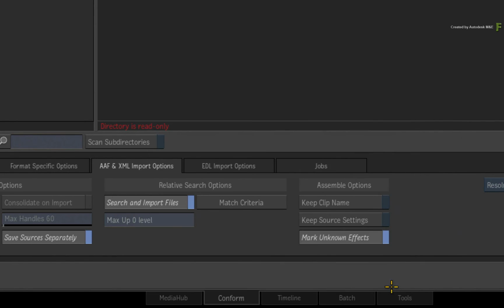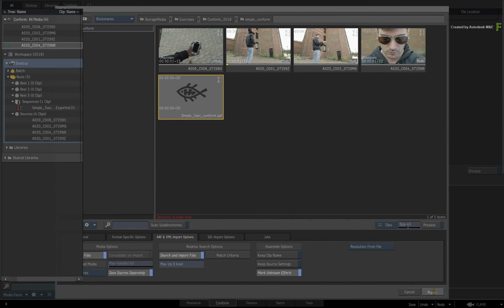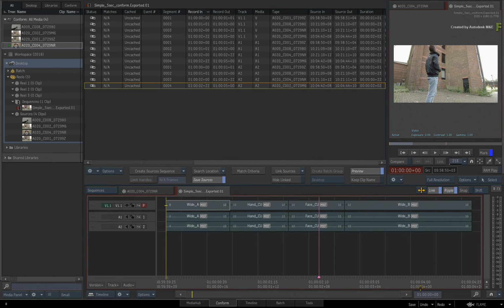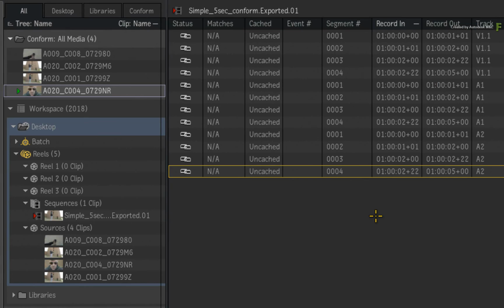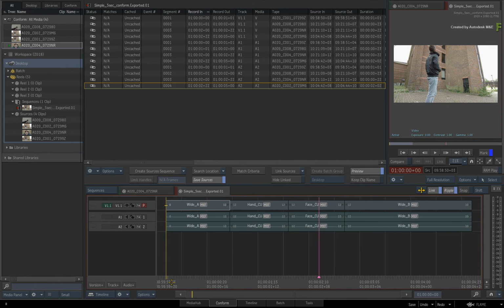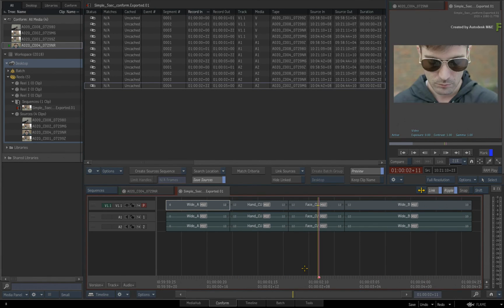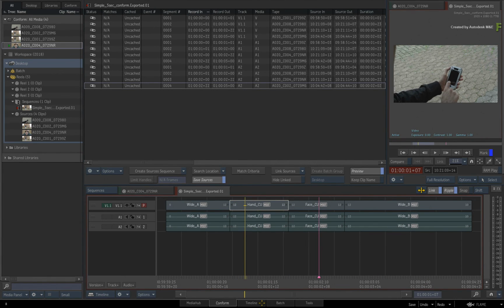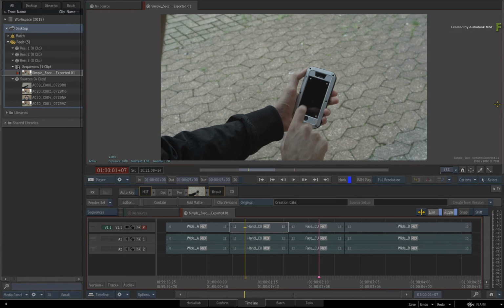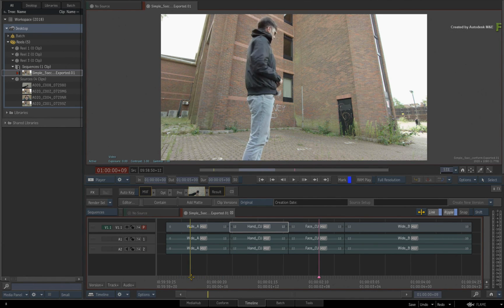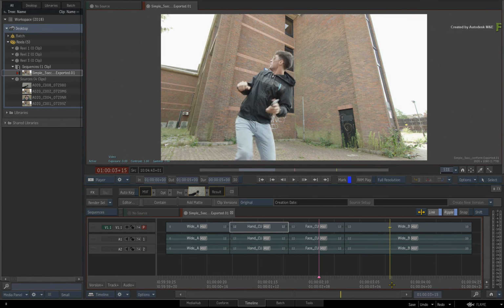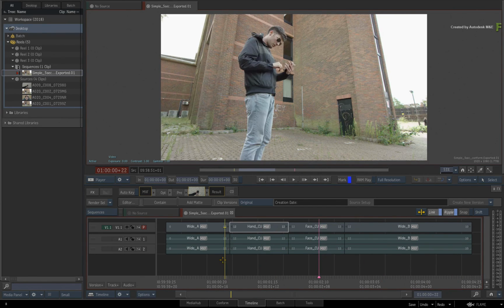Set the match criteria and import the AAF. In the Conform view, all the events should be automatically linked, and you can verify this by the chain icons in the event list and by scrubbing the sequence. If you switch to the timeline view, you can see we have a fully assembled sequence that perfectly linked to its media. Now, like I said in the beginning of this video, it would be brilliant if this happened every